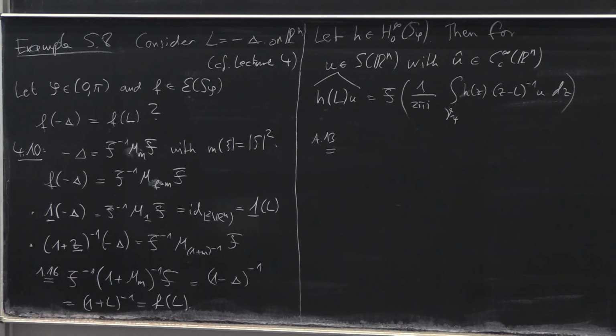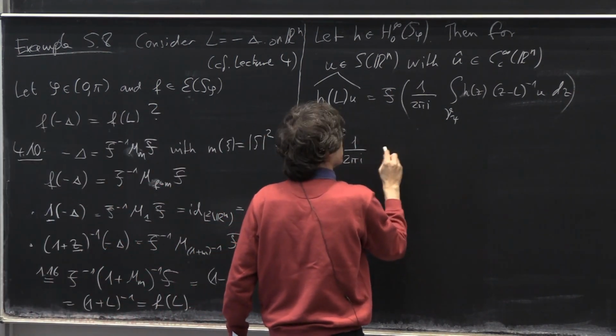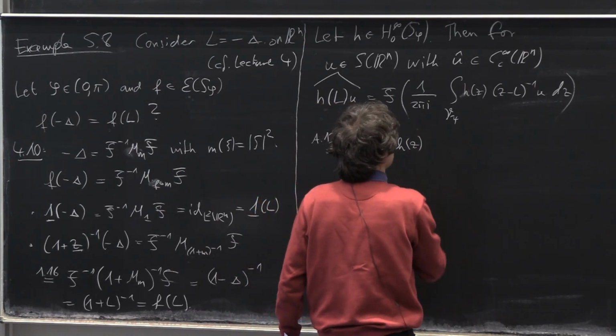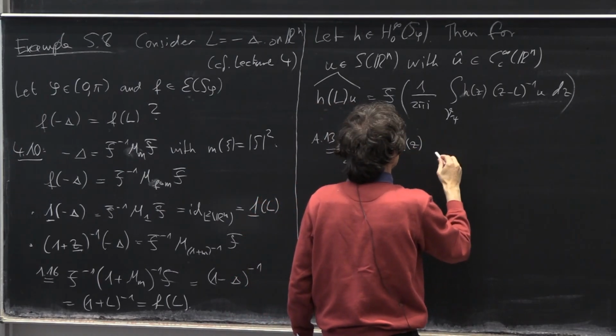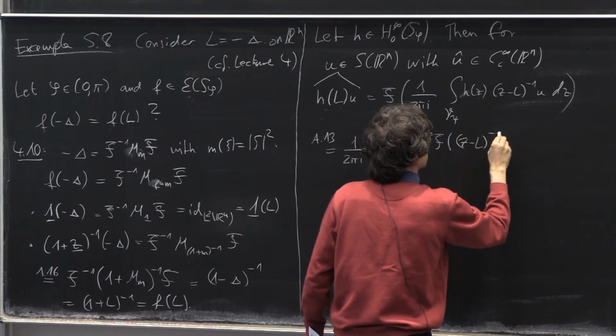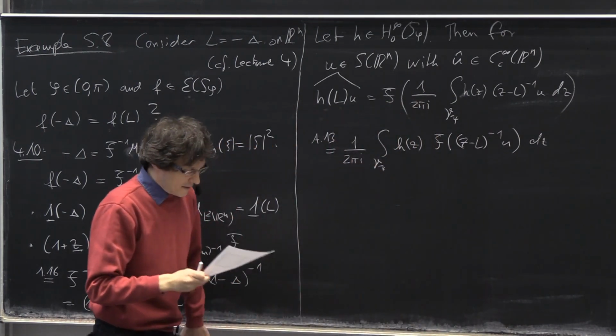So we can pull the Fourier transform inside the integral. So this is 1 over 2 pi i, integral over gamma psi, h of z is a complex constant, and then you get the Fourier transform of (z minus L)^(-1) u dz. And now this is nice